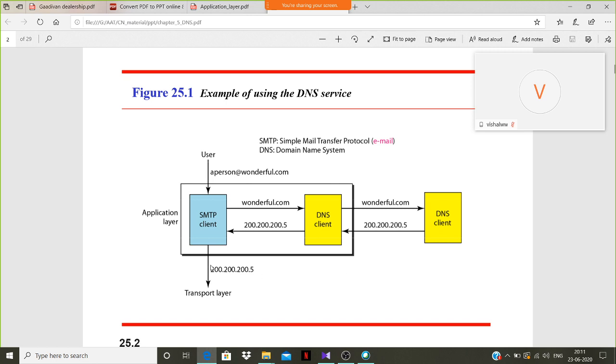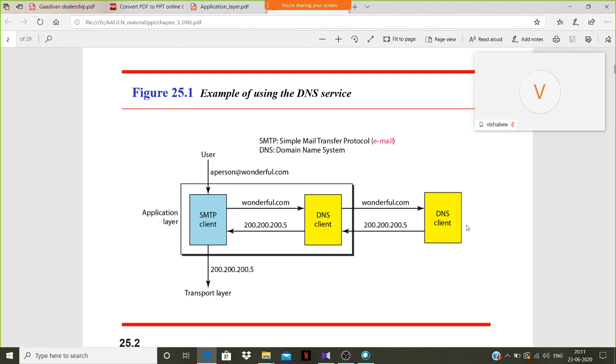A user of an email program may know the email address of the recipient. However, the IP protocol needs the IP address. The DNS client program sends a request to the DNS server to map the email address to the corresponding IP address. To identify an entity, the TCP/IP protocols use the IP address, which uniquely identifies the connection of a host